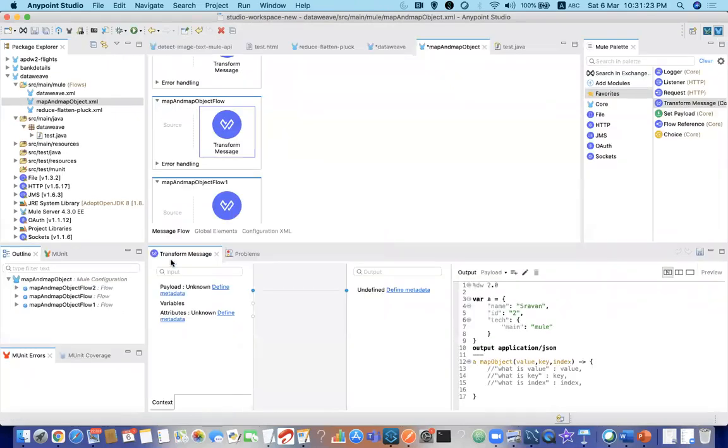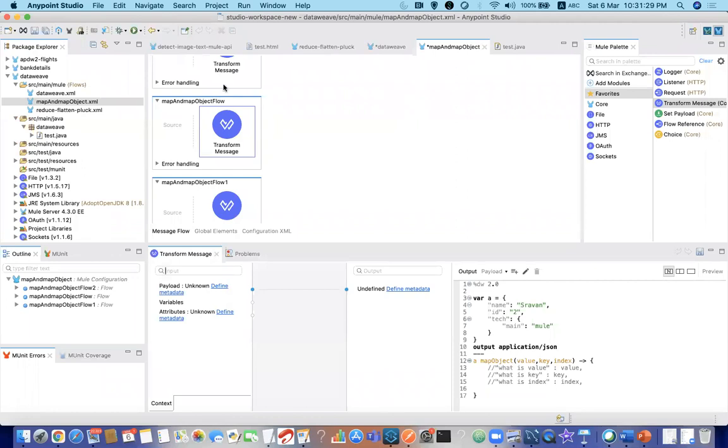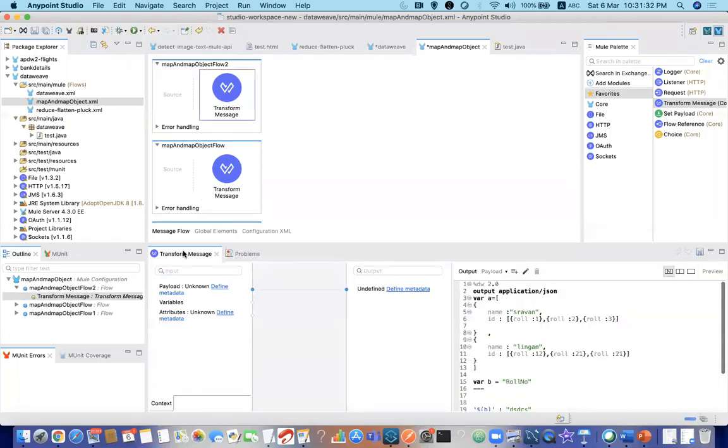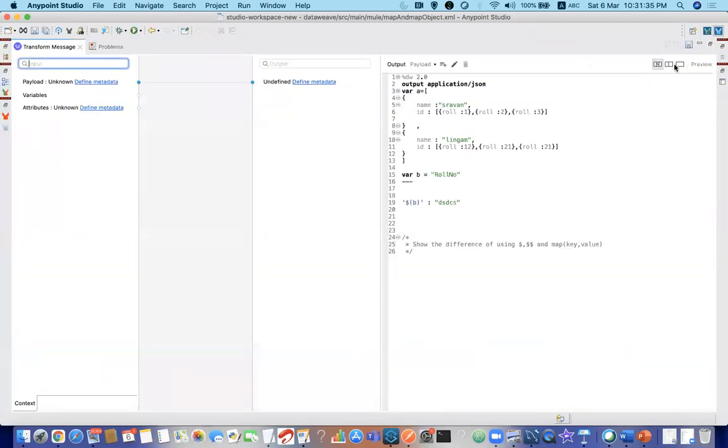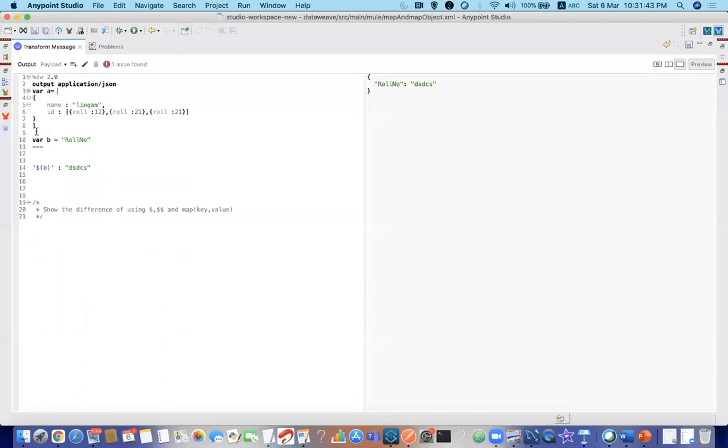So you cannot apply a map operator on an object. To show that, for example, if we have a equal to an object, this a is now an object, right?